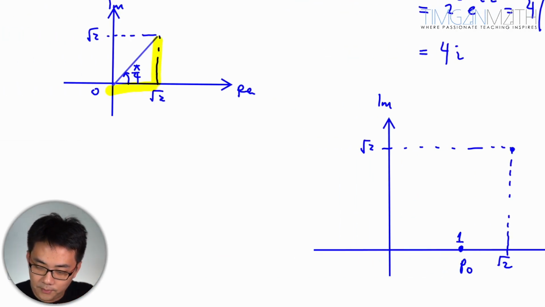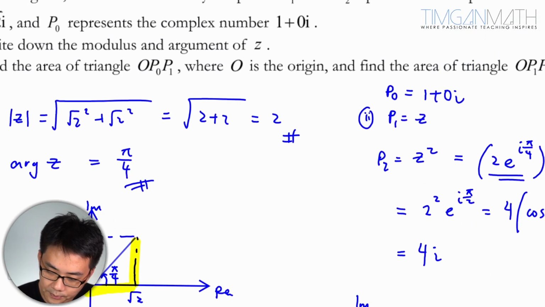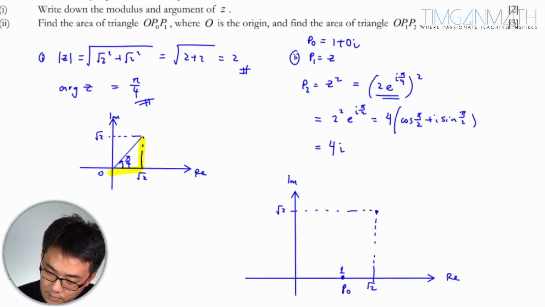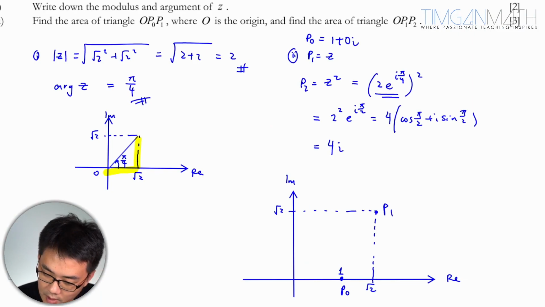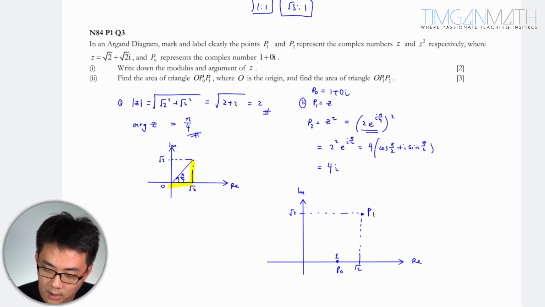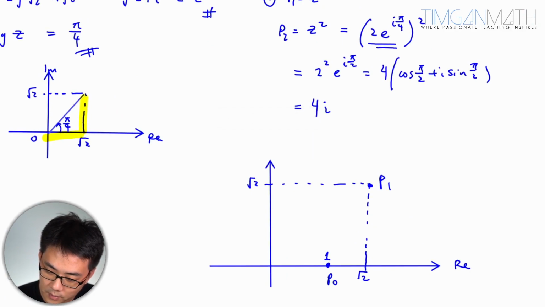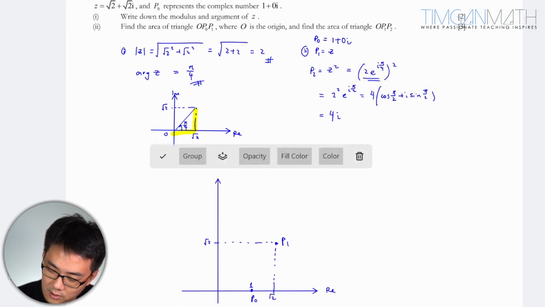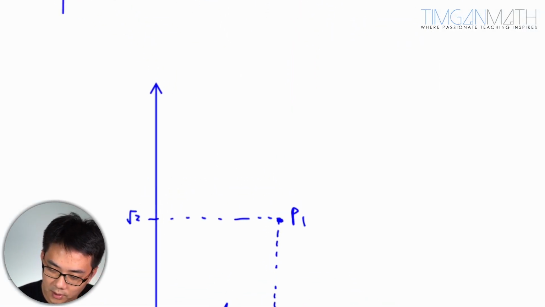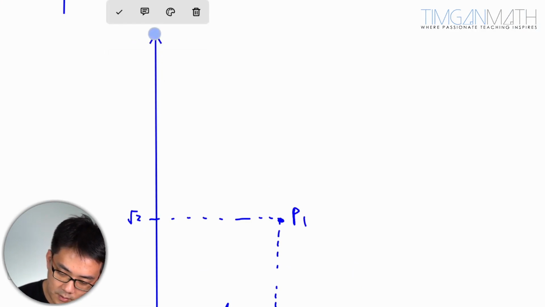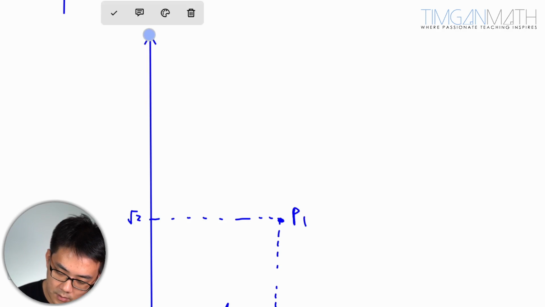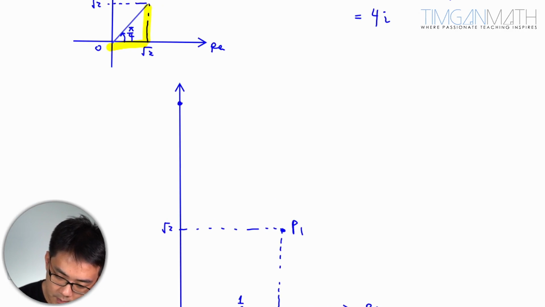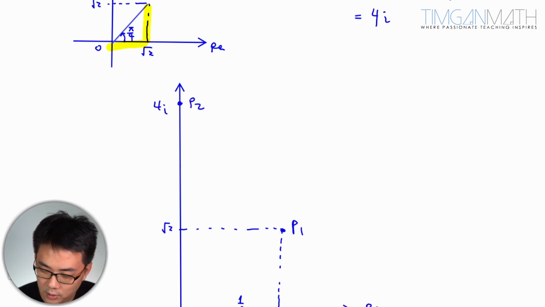So this case here will be z, P1. Okay. Then we've got P2, which is 4i, which is far up here. Not sure where it is. Maybe I should just, P2 will be about here. So P2 is here. Great job. Then P0 is